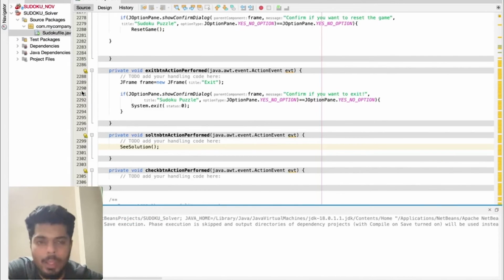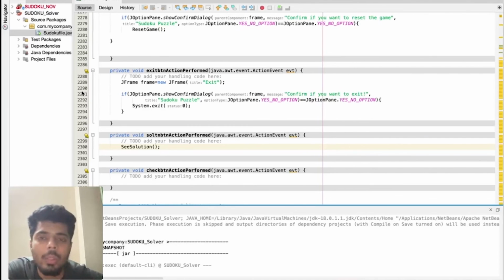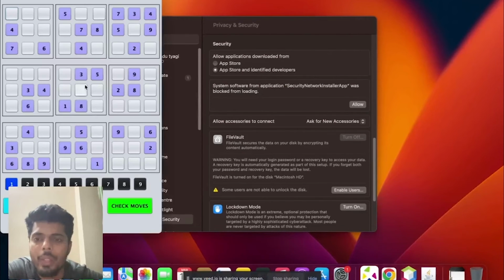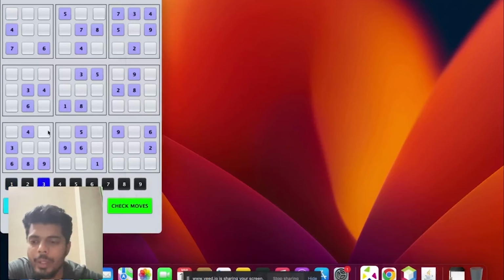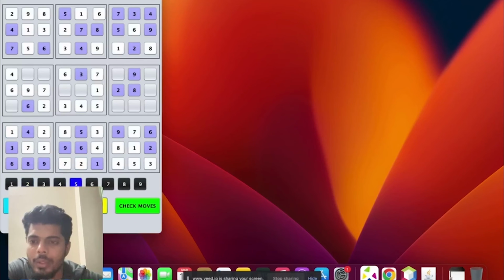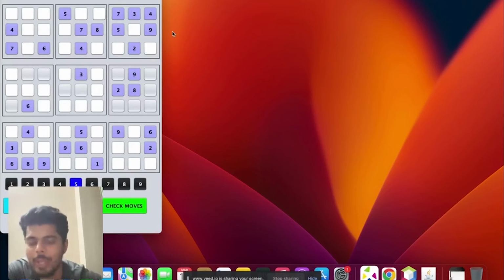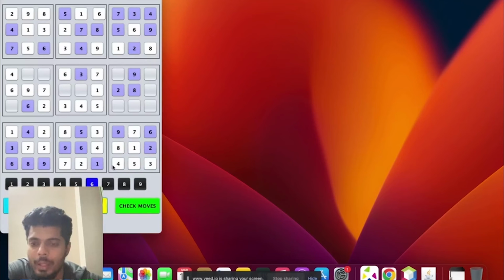Okay, let me try to demonstrate in front of you what I want to say. Let me close it first. Okay, let's say I put 3, I put 2, 4, and this and that. So I'll click on solution. It has put in all the values. I'll click on hide solution and everything is blank, so that I can again start playing. That's the only motive. Okay, I hope everything is clear now.